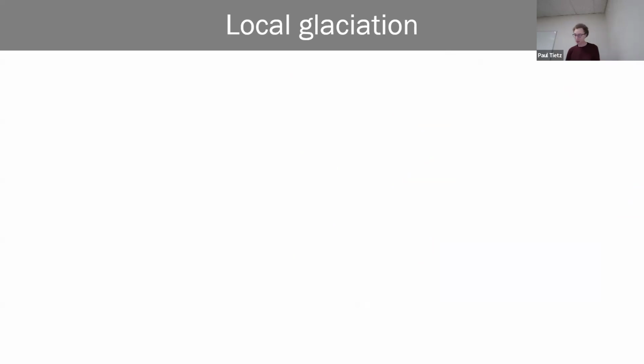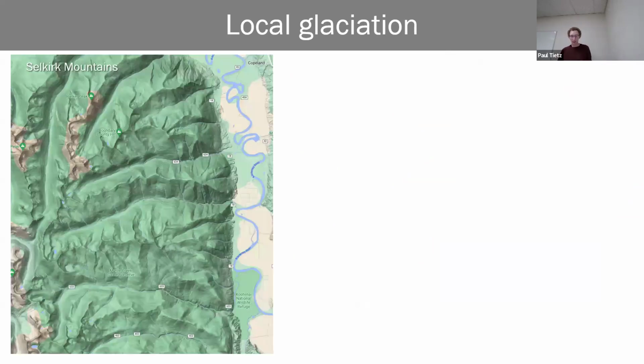Okay, back to Idaho and local examples, some local glaciation or where we can still see evidence of this, why it's relevant to the state of Idaho. Up in the Selkirks, we were just there a couple weeks ago on the 456 soil science field trip. We have multiple of these alpine lakes, these cirque lakes, if you will. They all are located on the northeast side of any given mountain peak,